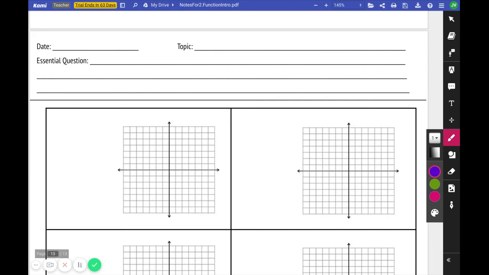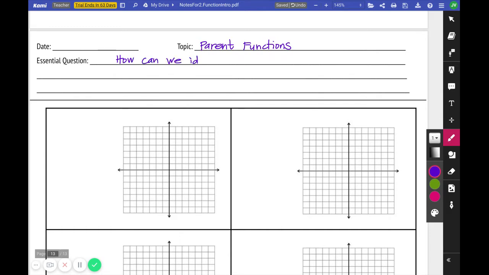We're going to talk a little bit to wrap up this first unit on parent functions. Parent functions are the most basic version of functions that we are going to study throughout this year. And as we're working on this, I want you to be thinking about what are some ways that we can